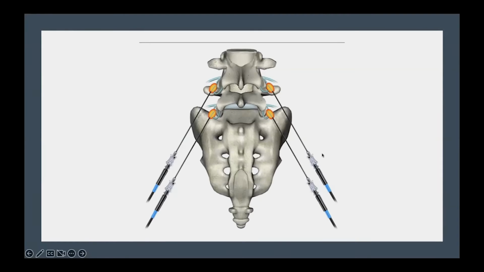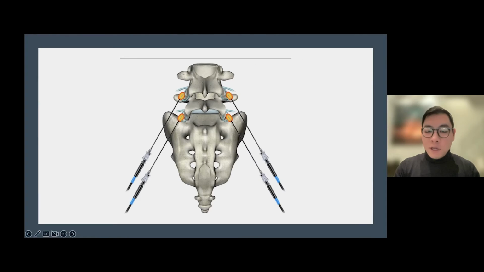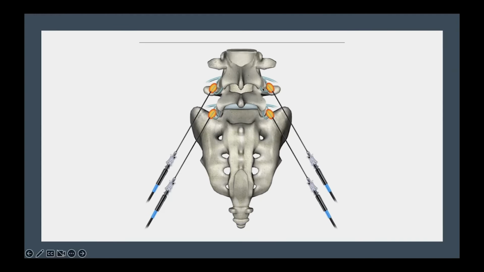An ablation is basically a fancy way to say that we heat the tip of the needle really hot, usually around 80, 90 degrees. That will burn tissue, but in a very specific pattern. So we're not burning other critical structures, and we do a test to make sure we're not near any other big nerves that we don't want to burn. We're just focusing on this small sensory nerve. Once we're there, we do a controlled burn, which is illustrated by this sun pattern. It's small enough so it's not super dangerous, but targeted very well, so it very effectively gets to that nerve.